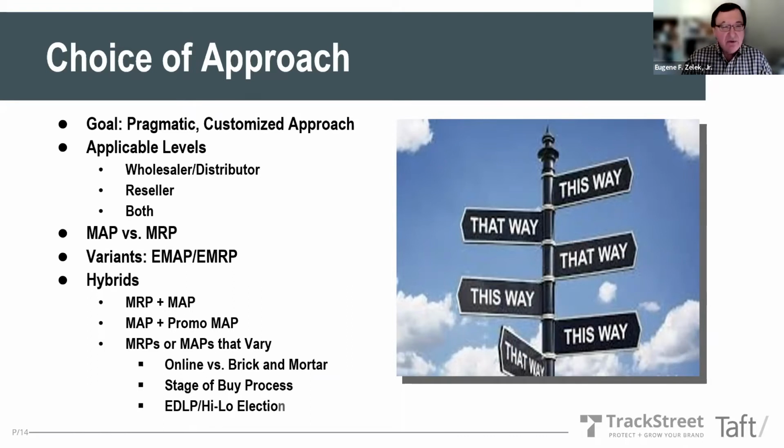The next question is, is it MAP or MRP? And so you say, how far do we want to go? What do we need to do? There's a tendency on the part of some companies to say, well, we'll do MAP, and if that doesn't work, then we'll ramp it up and do MRP. I don't think we've ever seen that happen. Usually people just stay with whatever they start with. And we've also seen some industries tend to focus on MAP versus MRP. I'd say MAP is more prevalent in the consumer packaged goods area. With respect to apparel clients that we have, they tend to go with MRP, and others it's a bit of a mix, and it really depends. And the automotive aftermarket, for example, we've done both. I'd say probably more MRP than MAP.